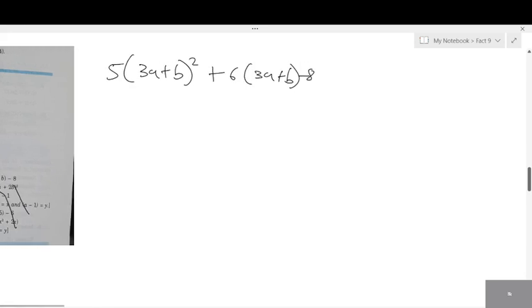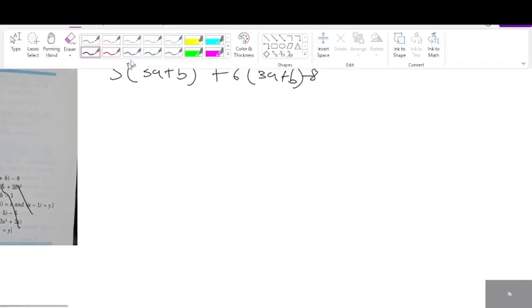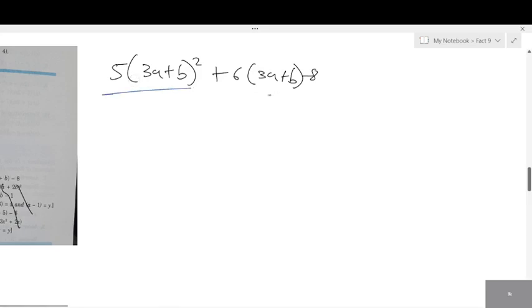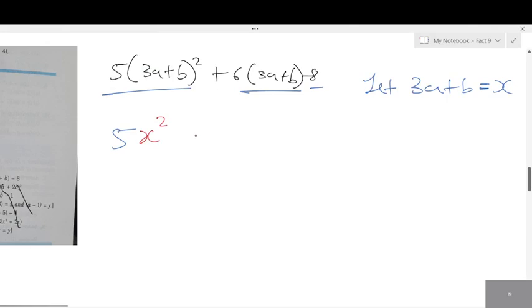minus b. Now I'll tell you how to solve. When you come across such a question where there are three terms, how many terms are there total? Three terms. Then what you do? Whatever is given in this bracket, 3a plus b, assume it as x. Let 3a plus b be x, students. So what should I write here? In place of that, what value should I write? Whole square. Yes, 5x whole square plus